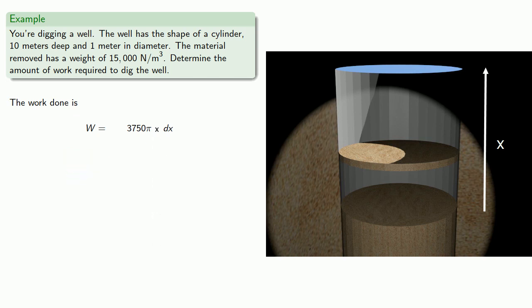Now that's just the work for removing that one slab of dirt. We'll need to sum up the work done for removing all those slabs. Now since our well is 10 meters deep, those x values are going to go from 0 meters, that's the top, down to 10 meters, that's the bottom of the well. And at this point, the hard part is done. All we have to do is evaluate a definite integral, and we find